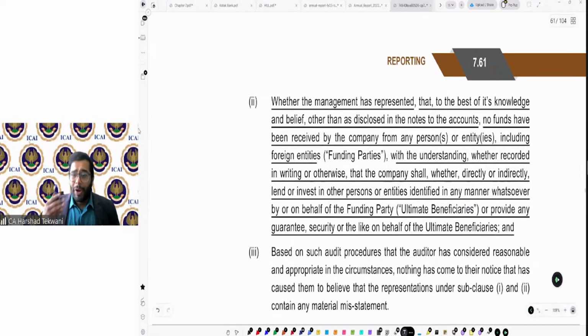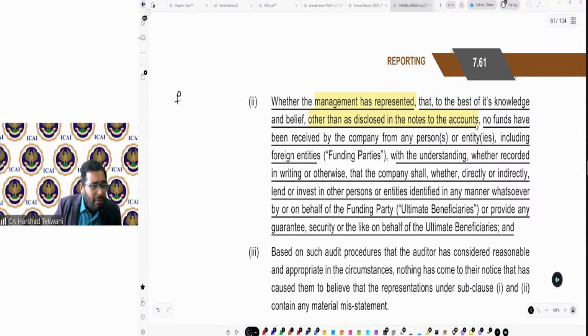So here the transaction is company is the intermediary. So management should represent that other than disclosed in the notes of account, there should be no such transaction. Which transaction? That from funding party